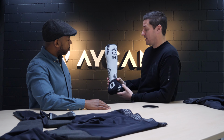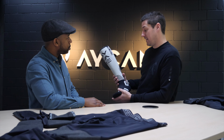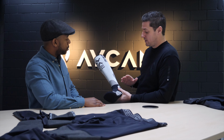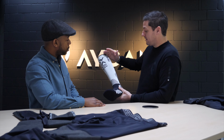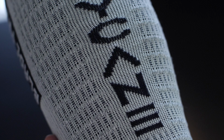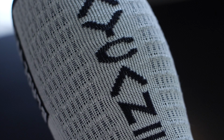The white part is actually a Dyneema yarn. It's cut resistant, so that means we have cut class 3 here. So you have a nice cut resistant protection around your upper forefoot and in this area. We have some special knitting construction for ventilation. And what makes this sock quite unique is the inside, because